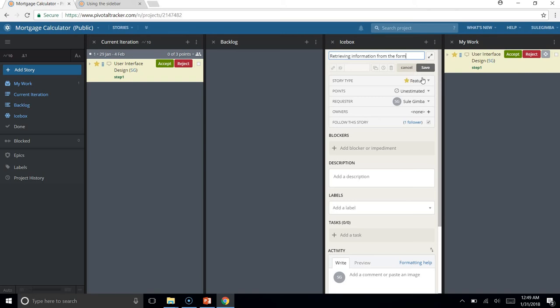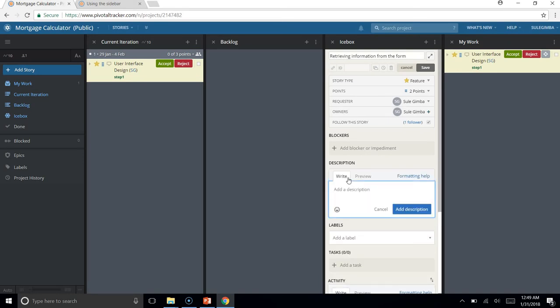So here the same process, feature, I leave it as feature, unestimated point, I leave this one as 2 point. Owners, I still leave it as only me. I can leave it empty, then add it later. Blocks, I still don't have anything. Description,